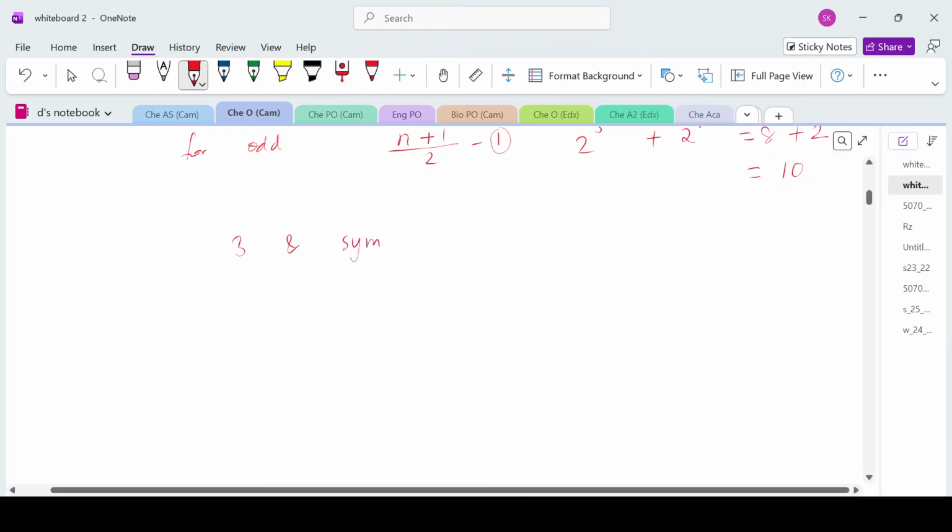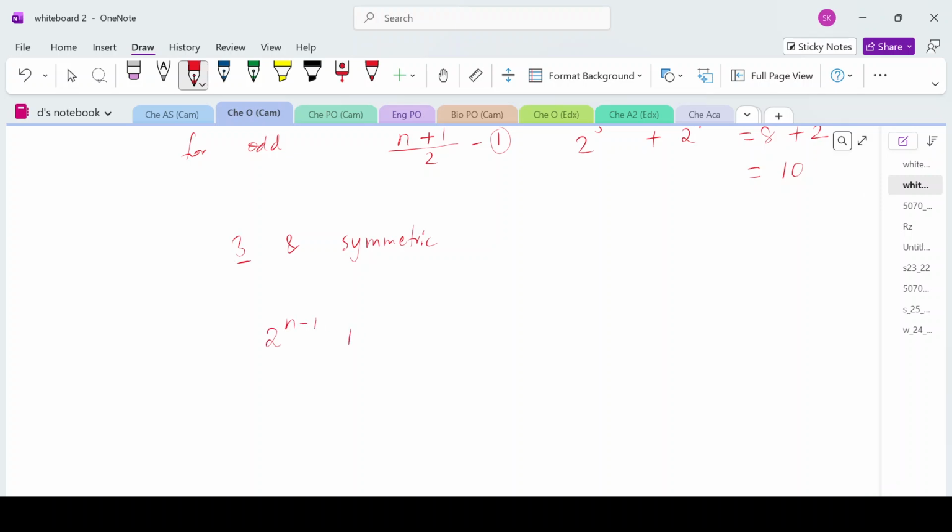আচ্ছা যদি 3 হয় and symmetric হয়, it's odd number, so 2 to the power n minus 1 plus 2 to the power n plus 1 by 2 minus 1, তাহলে কি হবে? 2 to the power 3 minus 1 plus 2 to the power 3 plus 1 is 4 divided by 2 minus 1, so this one becomes 1, so 2 to the power 2 plus 2 to the power 1 becomes 4 plus 2, 6, আর কত ছিল 3 মানে 8 হচ্ছে।